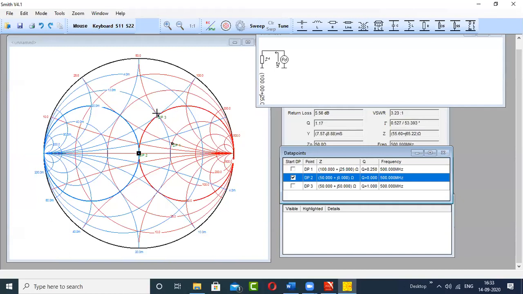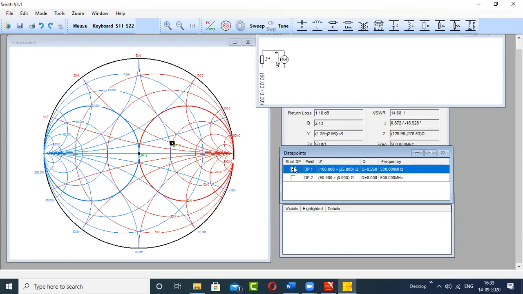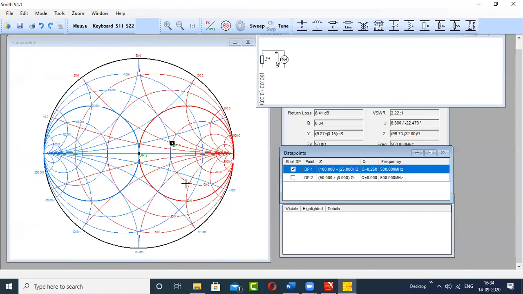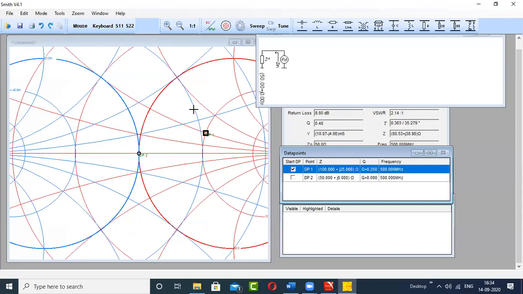So what I will do now, I will remove the third impedance. We don't want that. Now, the blue circle on which this load falls is not there, but we will assume that it is lying on one red circle. You can see that it lies on this red circle. But considering this circle is meaningless because if you move on this red circle, you'll be moving away from the center of the Smith chart. So it's meaningless. But if you look at this blue circle.